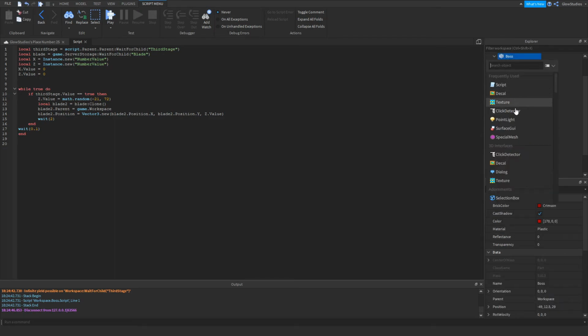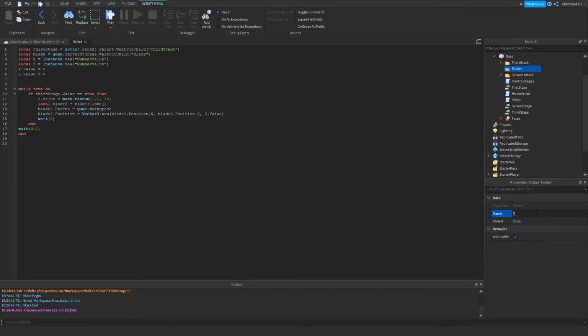So real quick, I'm going to insert a folder, name it third attack, take the script, and also name this attack 3 script, put it inside here, and now that should work